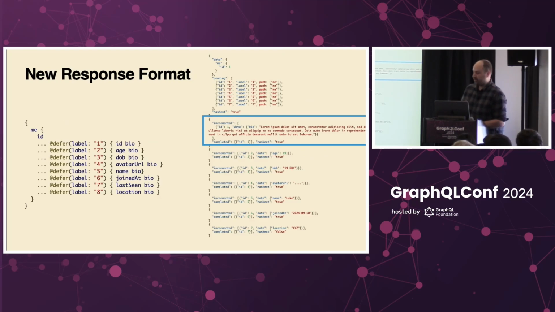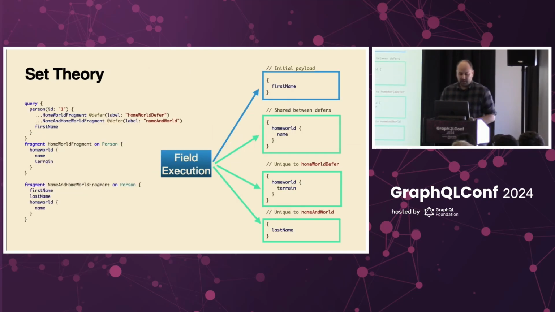So here's the same example, except with the new response format. You have your bio field returned once, and all the other fields are sent in, no duplication. And basically, the collect fields algorithm that prevents duplicate field execution is preserved, and everything's only getting sent once. So the way that it's implemented is